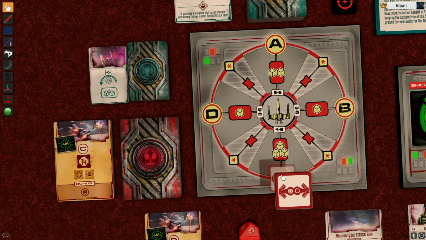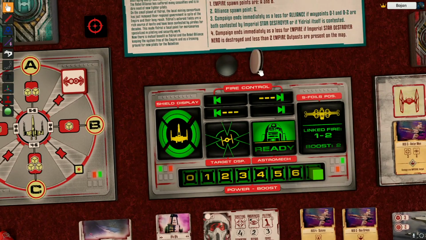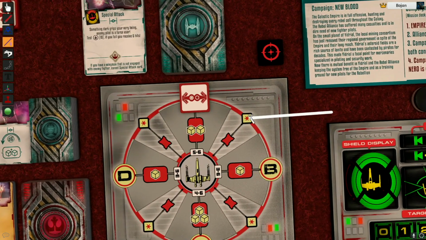So 1, 2, 3, 4, 5. Okay, he ended on the special. I think I'm gonna use a boost. So the second action costs me 2 power, and I'm gonna push him here in front of me. I don't really want to do any special actions